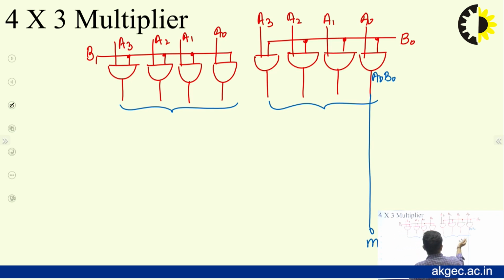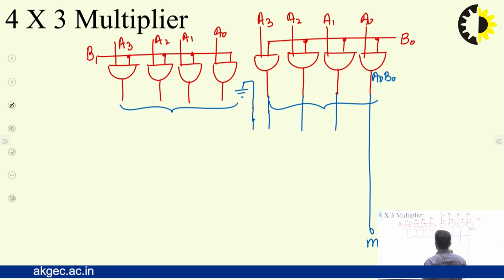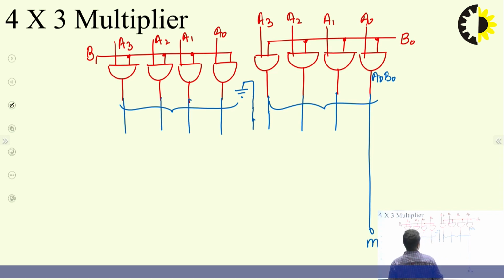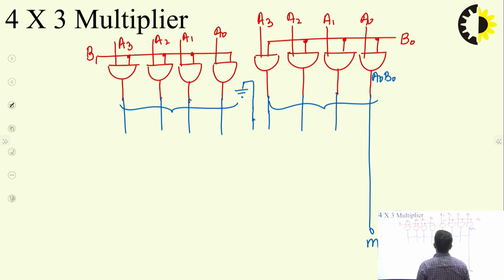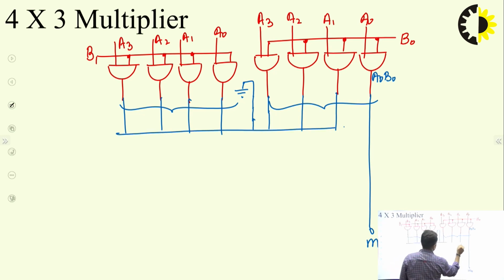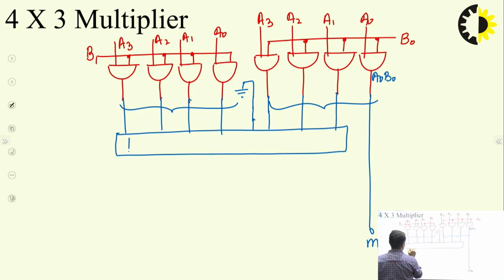For the rest of the things, this number is of 4 bits and this other number is of 3 bits, so I can use another bit as ground. So this can be my 4th bit. This is my 4-bit number and this is another 4-bit number, so they are to be added using a 4-bit parallel